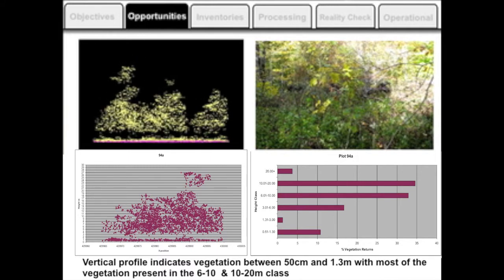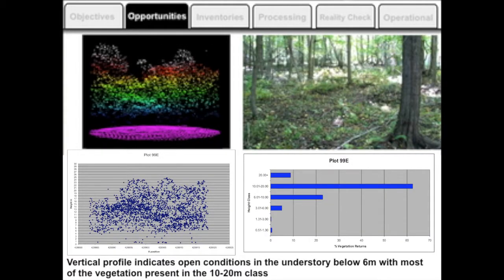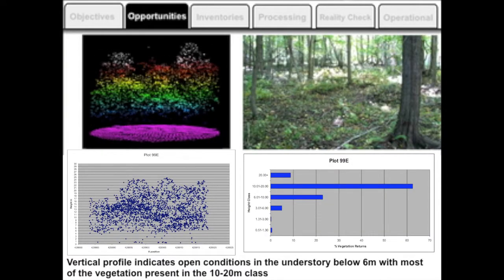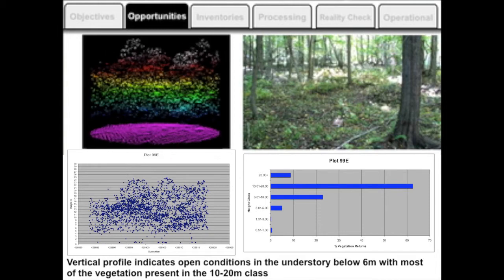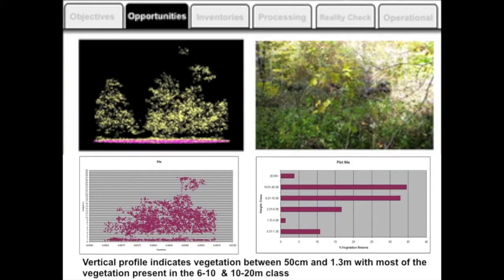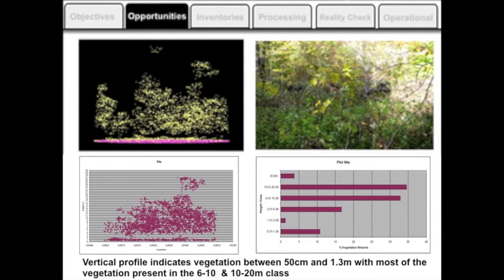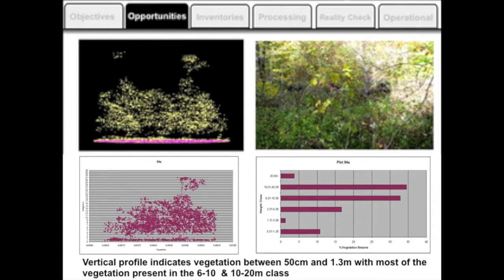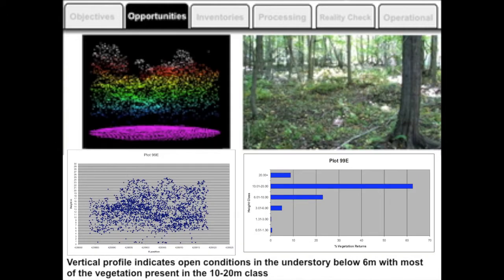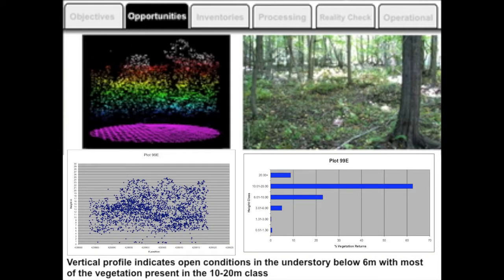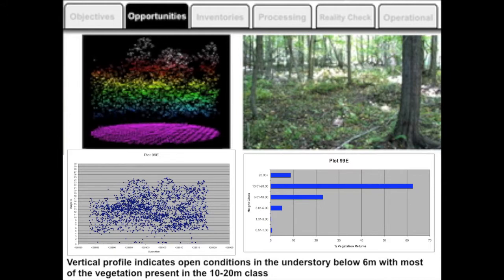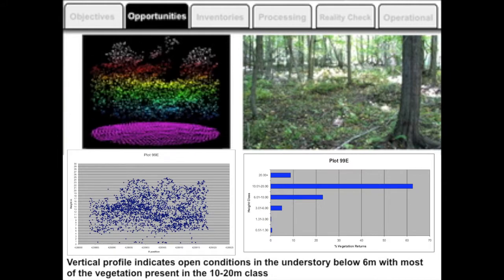And about 100 meters away, we have another forest situation, which is very different. Let me go back and just check. In the last one, in this lower level, we had this vegetation. You see we had all this shrubbery in this point cloud. 100 meters away, we have a different stand condition where that's not present, but we have most of the vegetation occurring in these upper layers. Again, a different type of habitat.